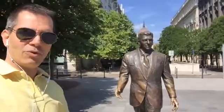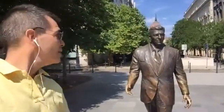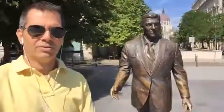Quite interesting to come over to Budapest, Hungary, and find a larger-than-life statue, as you can see, he's a little bit taller than me. I know he was tall in real life, but I don't think he was that tall. Larger-than-life statue of Mr. Ronald Reagan. So you might ask, well, what's he actually doing here? Why would you find, in one of Budapest's most beautiful squares, Mr. Ronald Reagan? Well, actually,